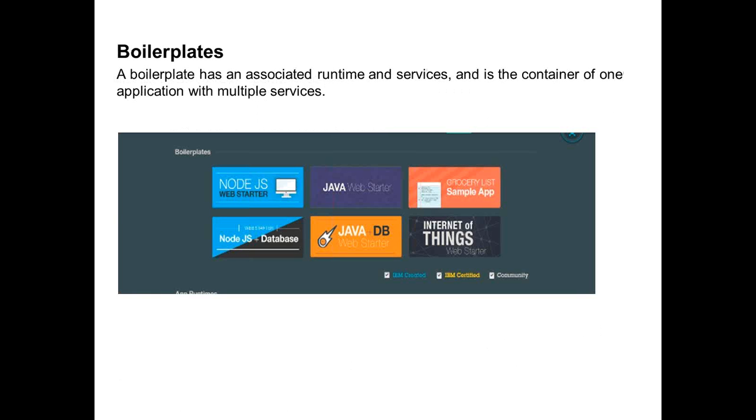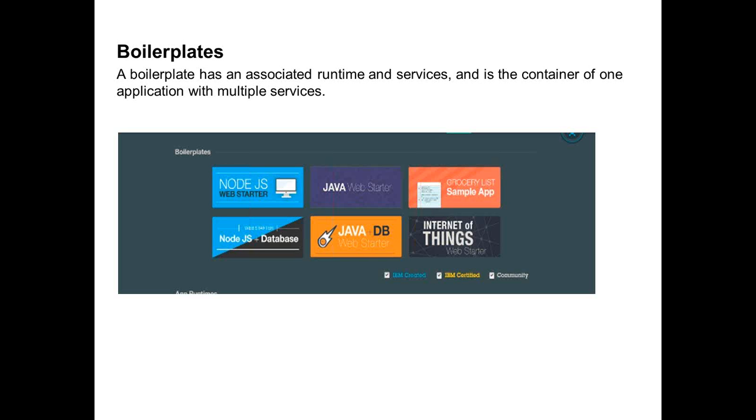IBM also extended the Cloud Foundry and added few things called boilerplates, which is a bundling of the application, the runtime, which is the build pack, and also the associated services that you need to use as part of that. So this is a quite convenient bundling that you can very readily use to start building any application. One example is there is a Java web starter, which includes the Java runtime, a web server, and the associated pre-configuration.